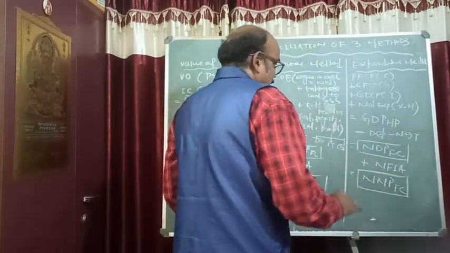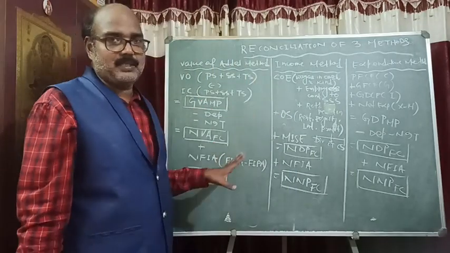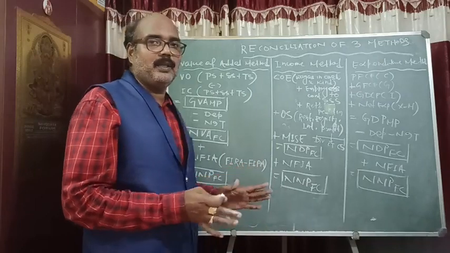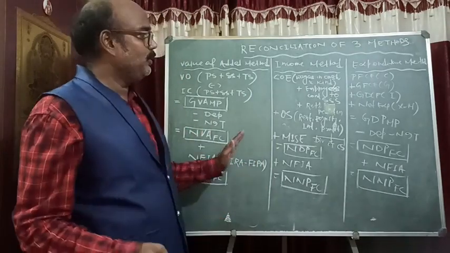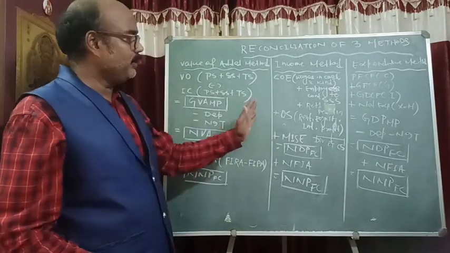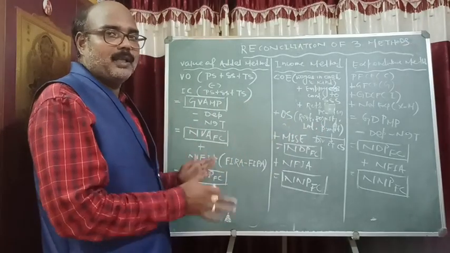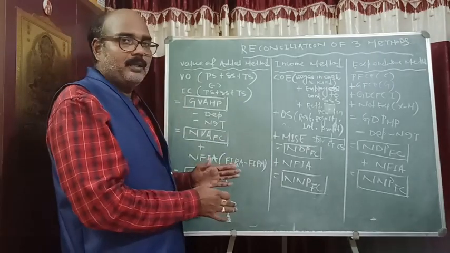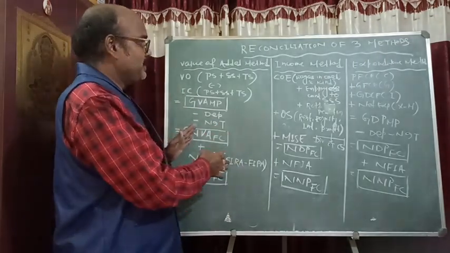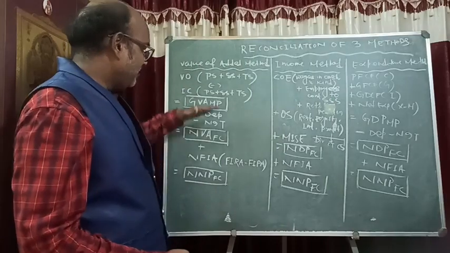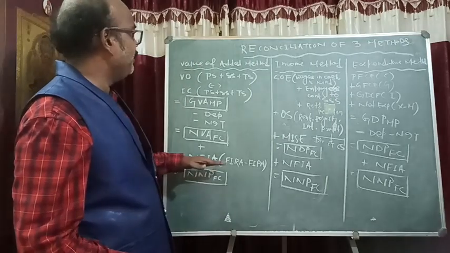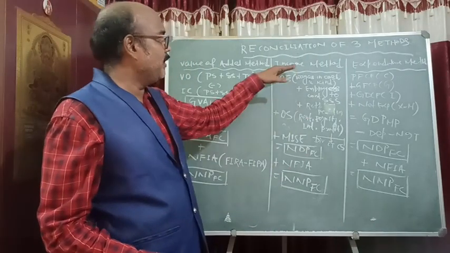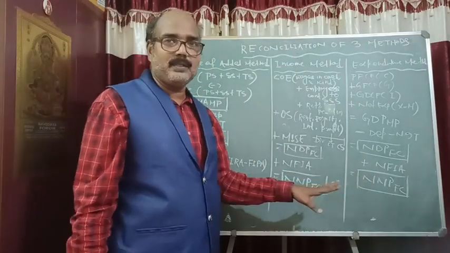So you have to remember this. अगर तुमको न्यूमेरिकल प्रॉब्लम करना है सक्सेसफुली, तो ये चार्ट को तुमको याद रखना है. ये फॉर्मूला को क्या हो रहा है तुमको याद रखना है. You have to write it again. You have to understand it and you have to write it. You have to remember this flow chart. That is, what are the steps and formula of the value added method and how the national income is calculated through the income method and through the expenditure method.